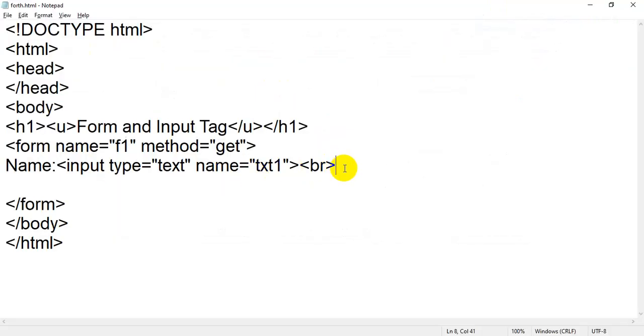Now I am going to add today's topic. What is today's topic? Input type equal to hidden. Okay, so I am going to add, for example, contact number.